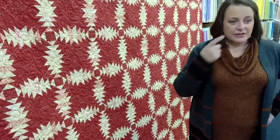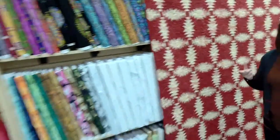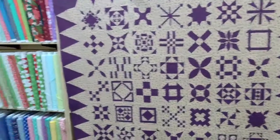Okay, next quilt that I want to show you. This one's hanging in the shop. I don't know if you've seen it before. This is one of those quilts that,